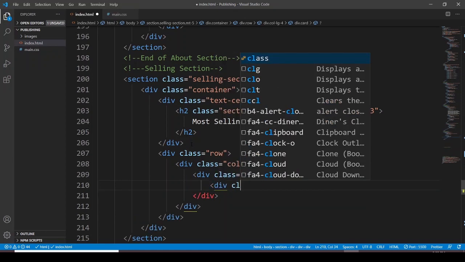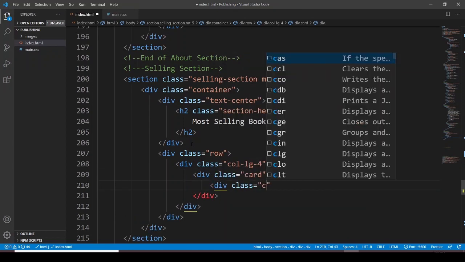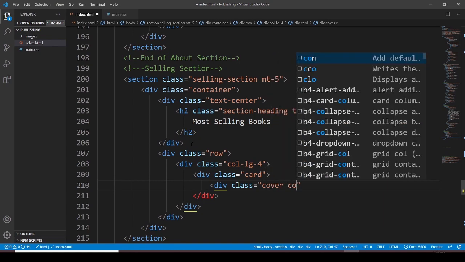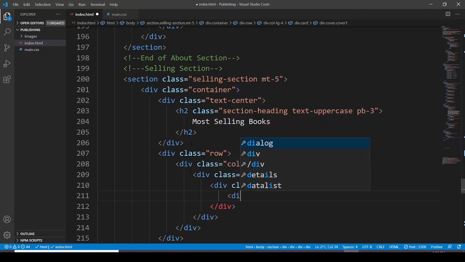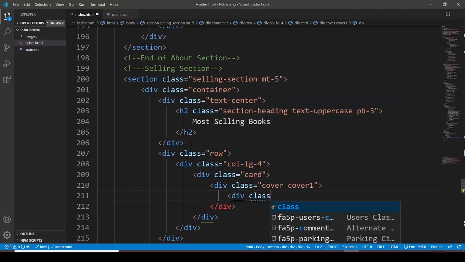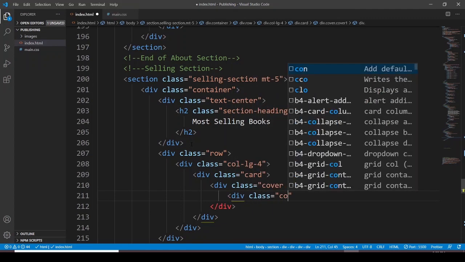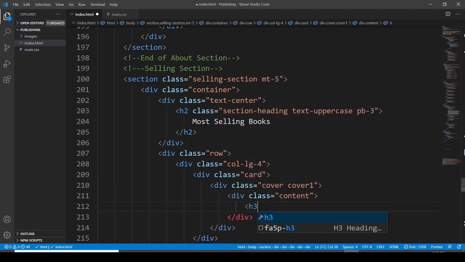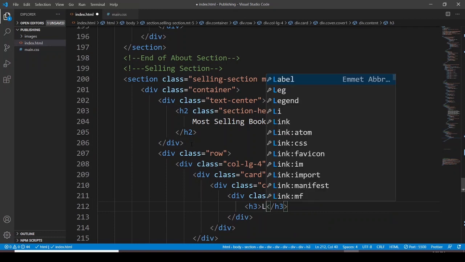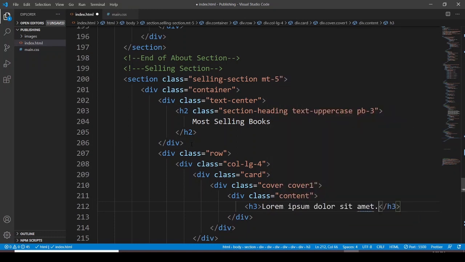Let's have a division assigning it a class, and this class is going to be cover, and then let's have a cover 1, and then division assigning it a class, and this class is going to have a content, then heading 3, some dummy text,